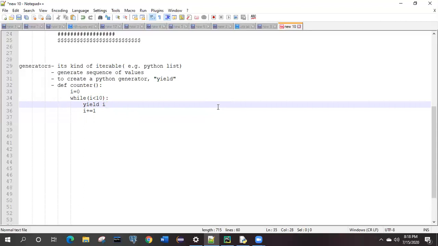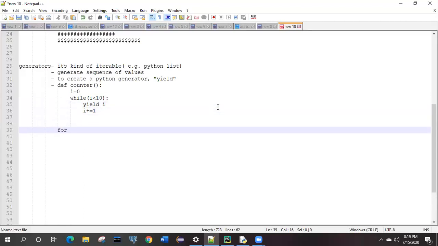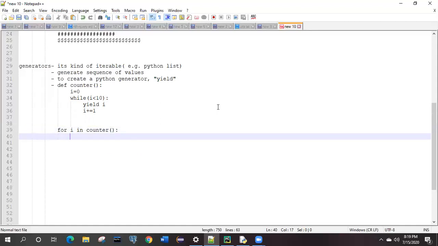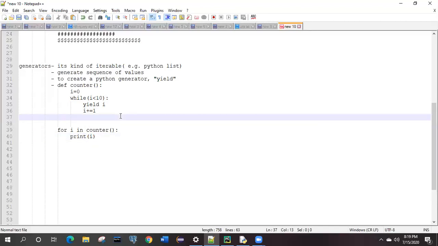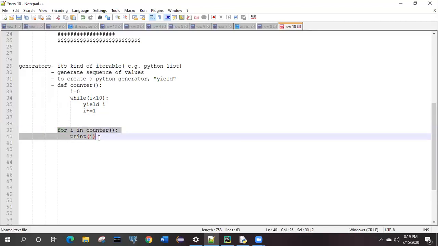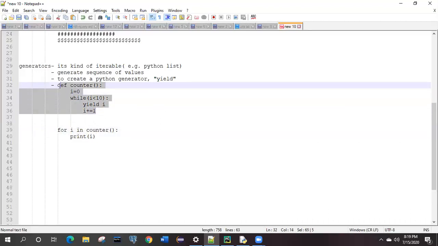And let me show you this same thing with a for loop. for i in counter function, print i. This will be your syntax. So this is with the looping, and this is with the generators.